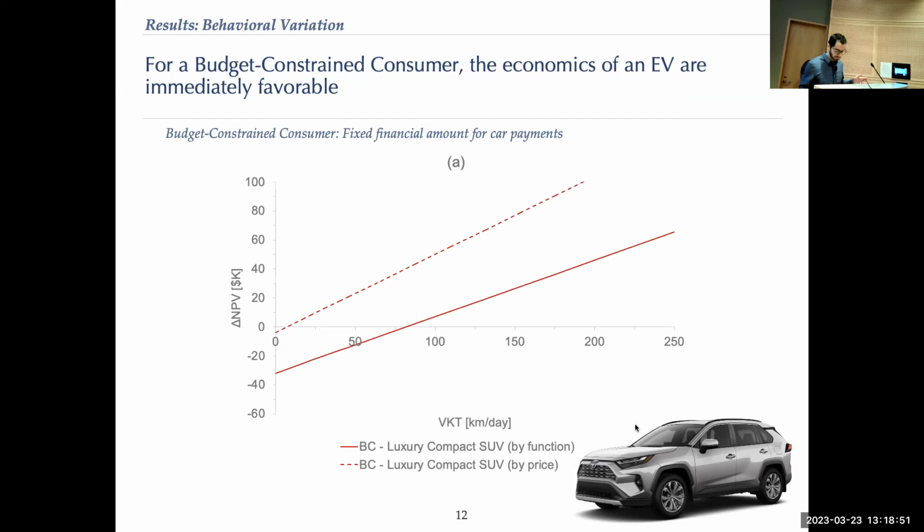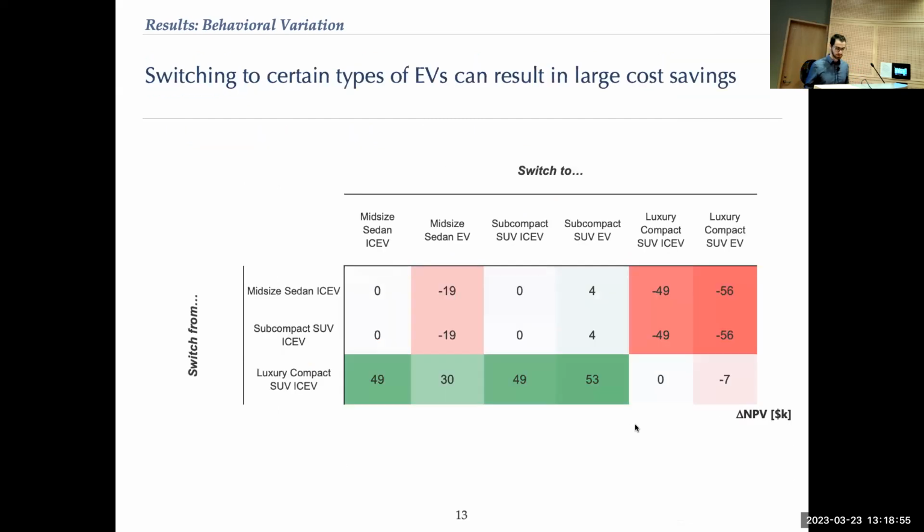Now, this seems like a trivial result, like I said, but if we look at this in the context of this next one here, and I'll walk through this with an example as well, what happens if I switch to certain types of EVs? So again, I'm going back to the dealership for the third time here. Let's say I'm in the market for a luxury compact SUV, right? And if I'm comparing a gasoline version to an electric version, okay, perfect, you can see my cursor, I would actually pay $7,000 more over the course of the lifetime of that vehicle for the electric version of the luxury